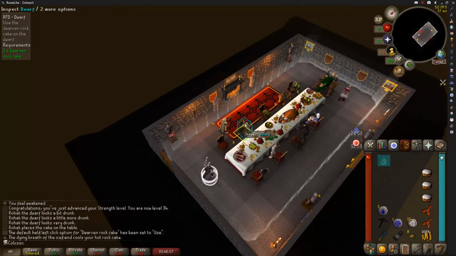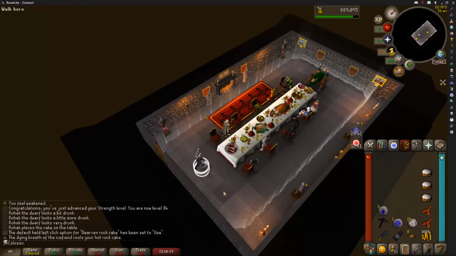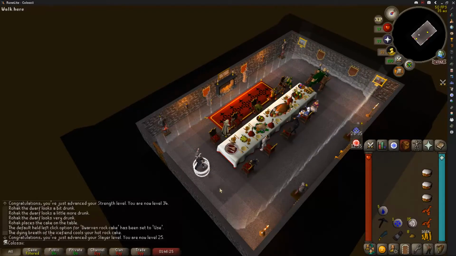But yeah, we'll go ahead and use this on the dwarf. Finish up this portion. That's 1 quest point, 1,000 cooking and Slayer experience. Increased Colonromancer's chest access, and 93 quest points total. And that takes us up to 25 Slayer. Any other levels? No other levels, but